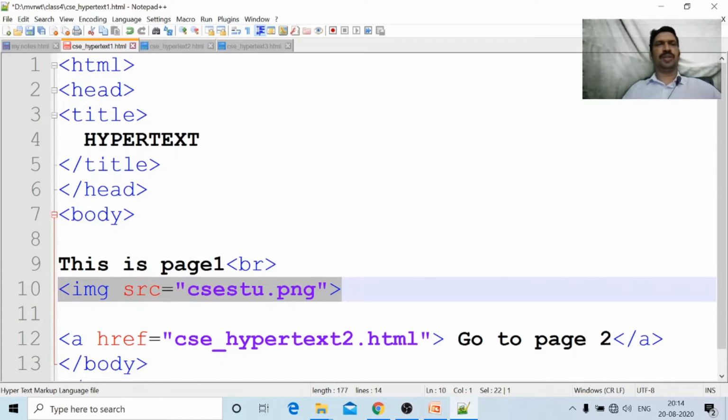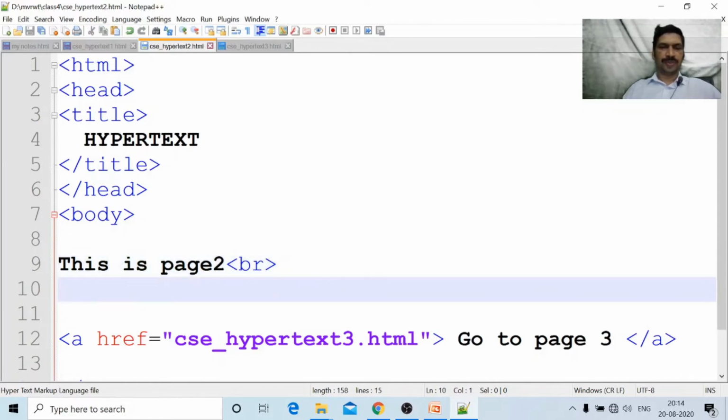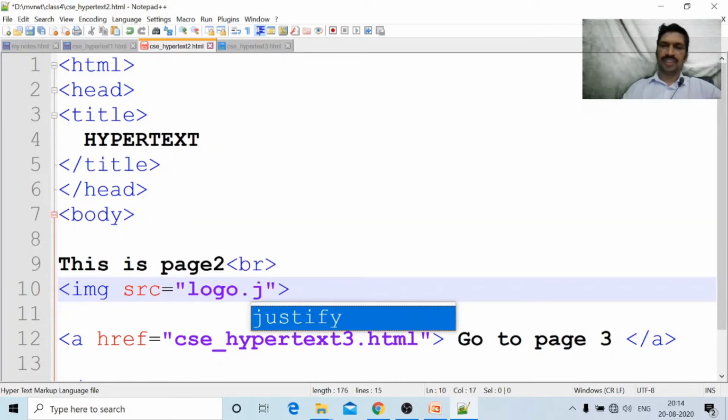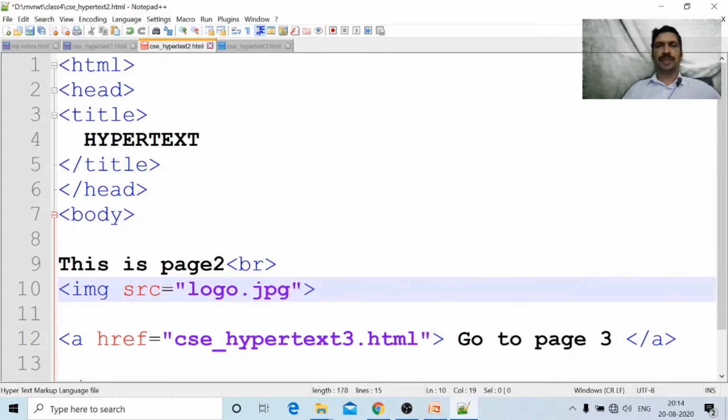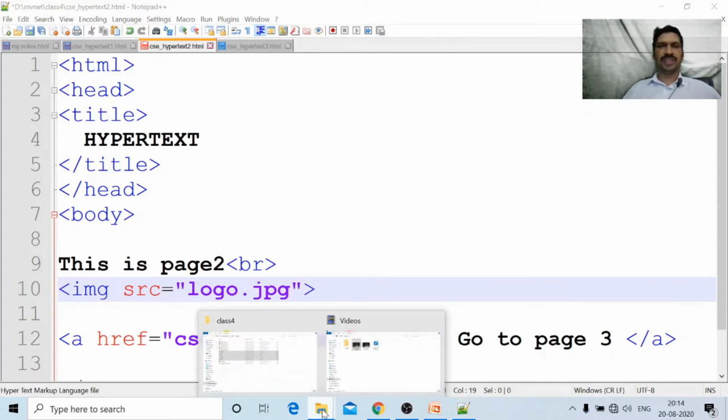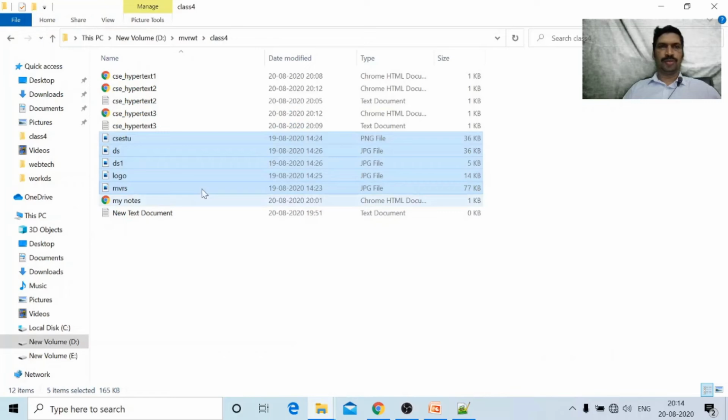Control C. Next, I am placing here the image, ds logo.jpg. What is the type of the file? We will see here. The logo is JPG type. MVRS is also JPG type. DS is also JPG type.